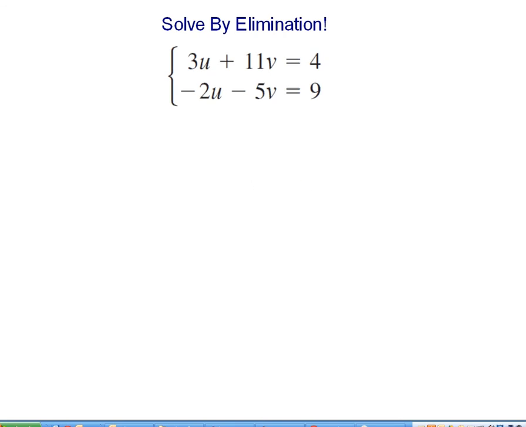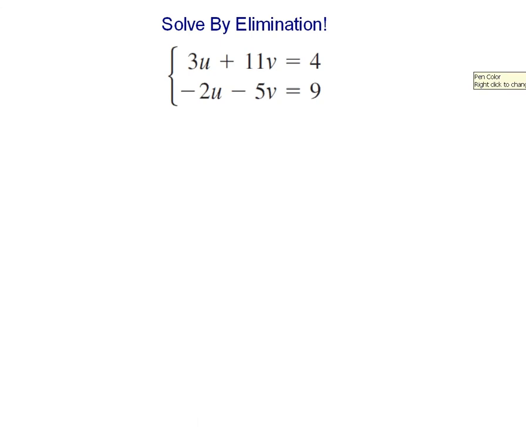All right, hello to you people that are doing the elimination method. Here again we've got a system of equations and it's got two variables, the u and the v. So our goal is to figure out which u and which v satisfy both equations, but we're going to use the method called elimination. Okay, so for this method what we want to do eventually is add two equations together,